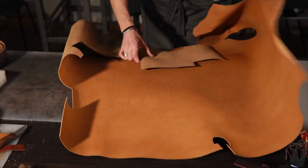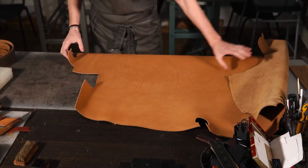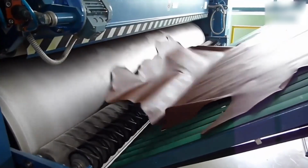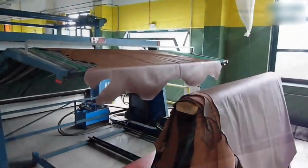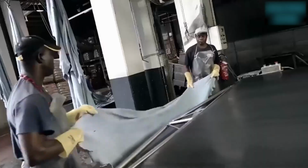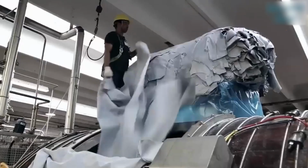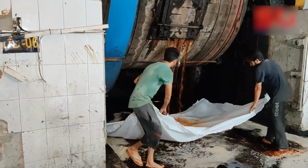In conclusion, let's summarize the key points of our video. We have covered the entire process of natural leather production, from raw materials to the finished product. We learned that the cost of leather depends on its type, quality, processing, and other factors. But beyond that, it's important to realize that leather is a product of nature, and its extraction and use can